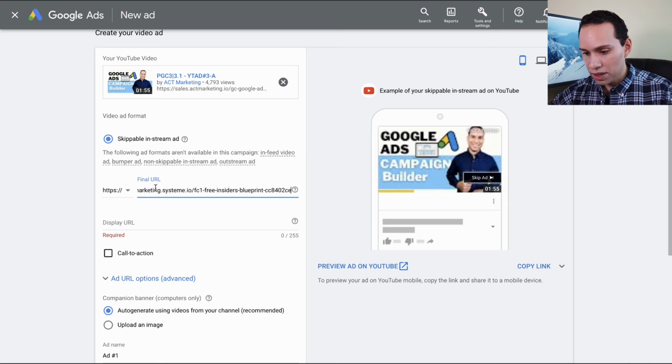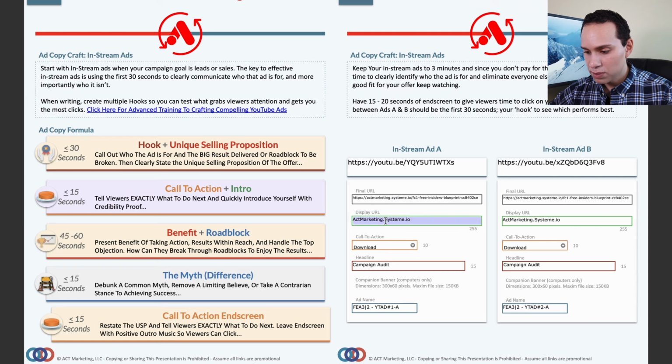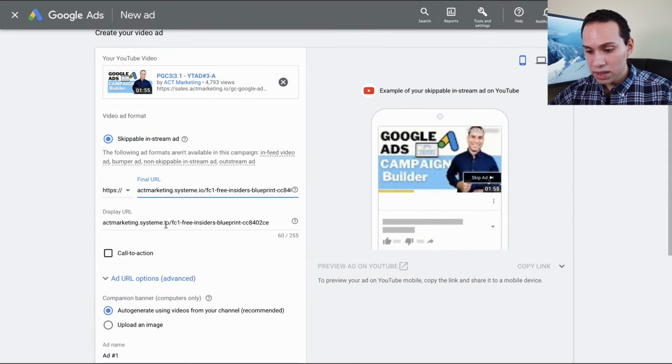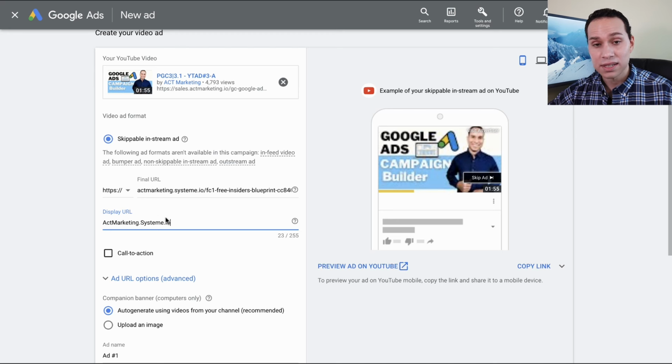And we'll go ahead and drop in our final URL here. Make sure you don't have your HTTPS. And then we need, of course, to drop in our display URL. Now for your display URL, it does have to be the same domain. So you can see here, it says acmarketing.systemi.io. And that's because I'm using a third-party page builder and I haven't set up a custom domain. So I can't say acmarketing.io because that's not the actual domain that the traffic is being sent to. So just keep that in mind if you're using a third-party page builder and you haven't set up a custom